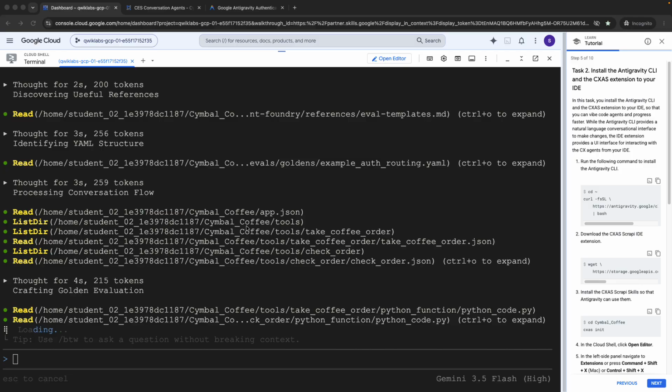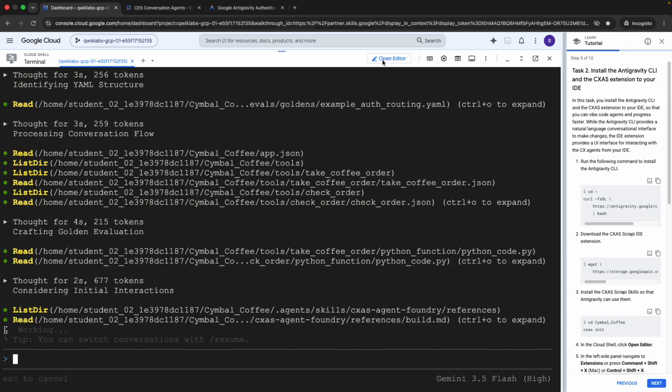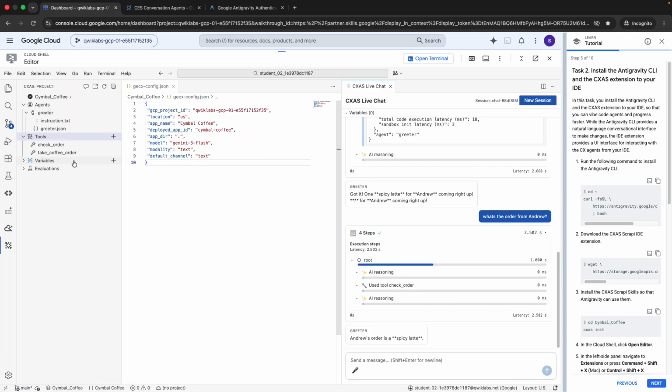Okay, so meanwhile, here in this anti-gravity CLI you can see it will try to read each and everything, and it may create some file. Oh no, it definitely created some file. So here we can see the evals folder. This folder is created by us. In golden we didn't have anything yet, but after we receive something,